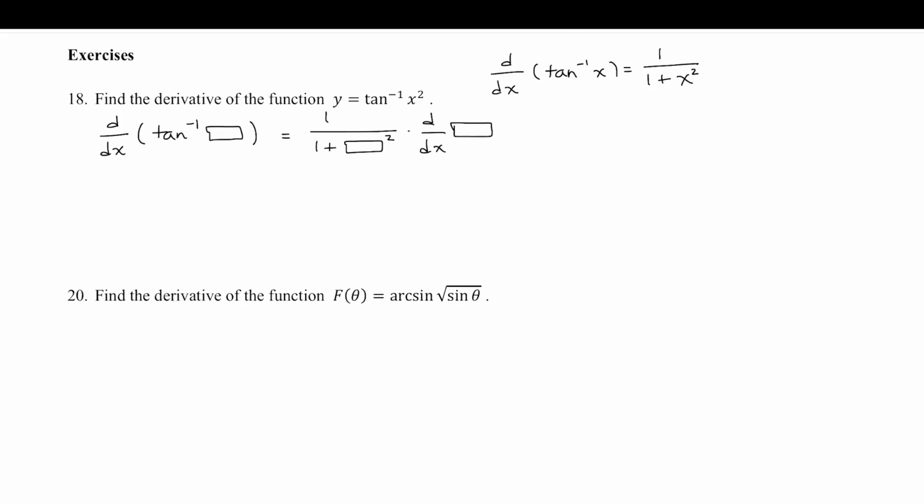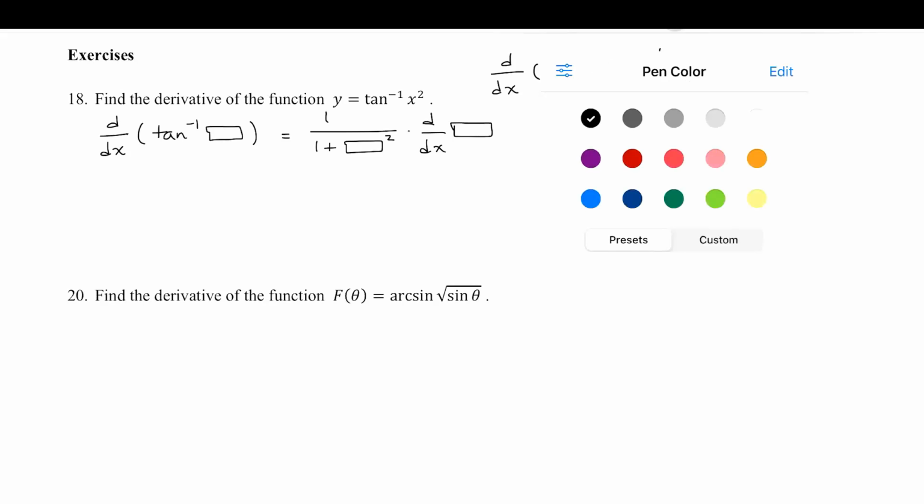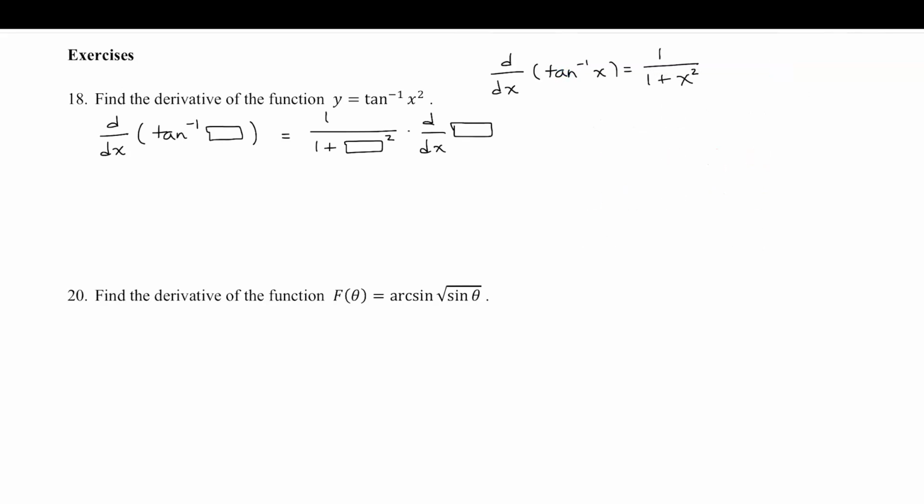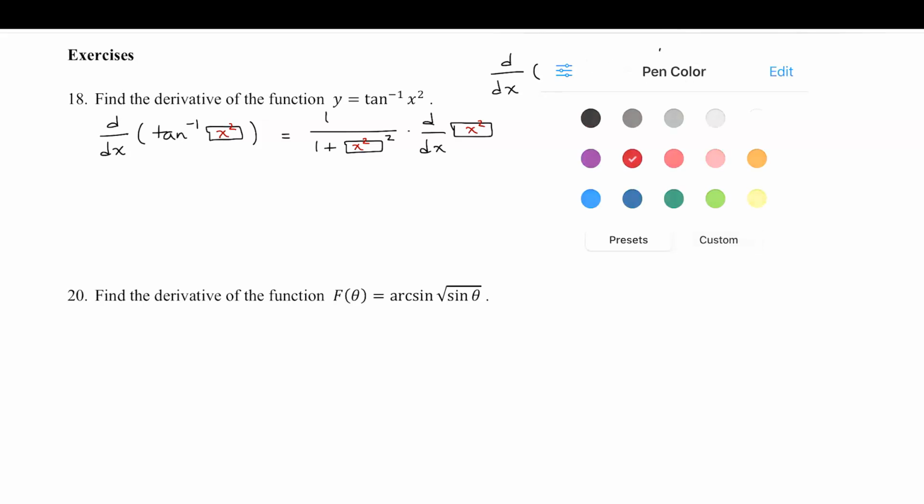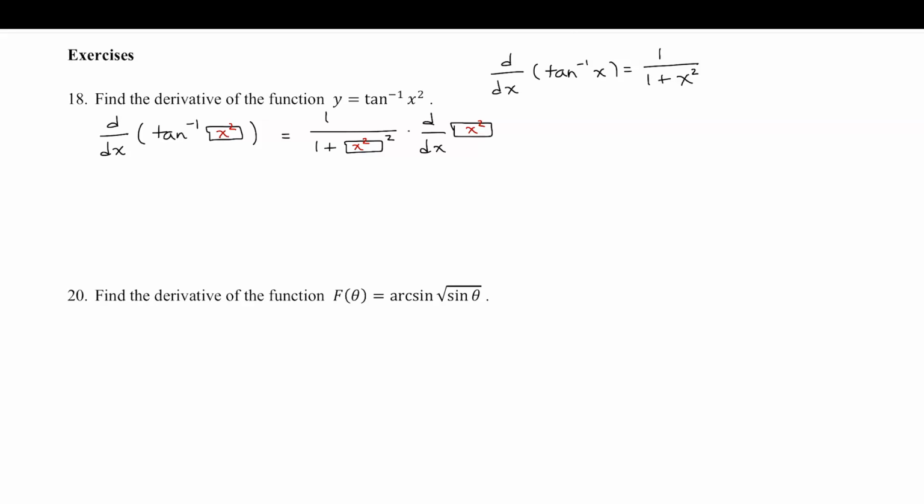whatever that argument is. Okay, so look at the similarity for the general rule for the derivative of inverse tan of x and what I have written here, where what I'm taking the inverse tan of is not just x, but a function of x. So to take the derivative of the inverse tan of x squared, I have to do 1 over 1 plus x squared squared times the derivative of x squared with respect to